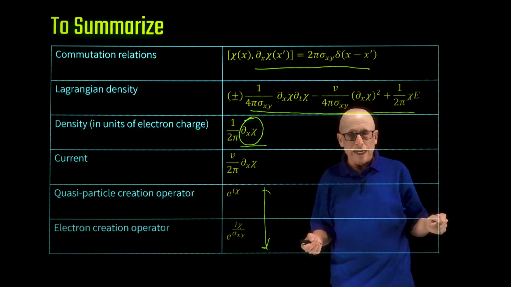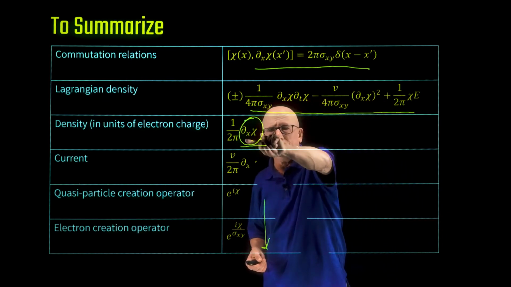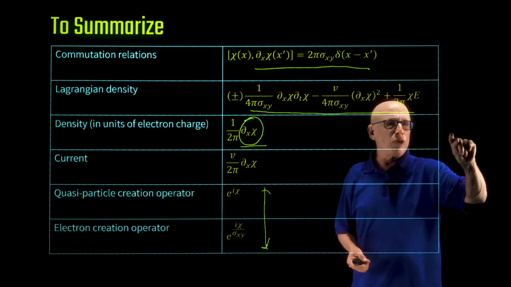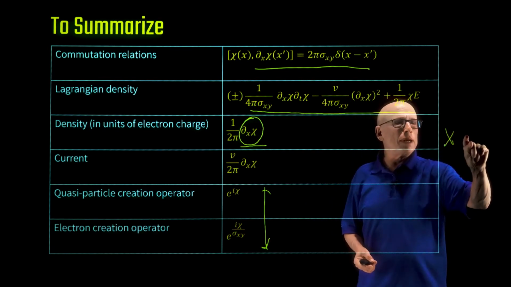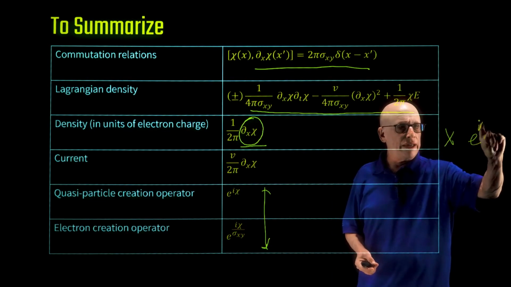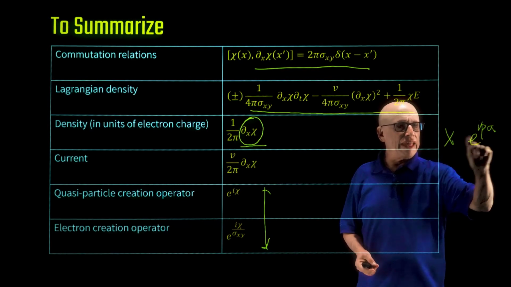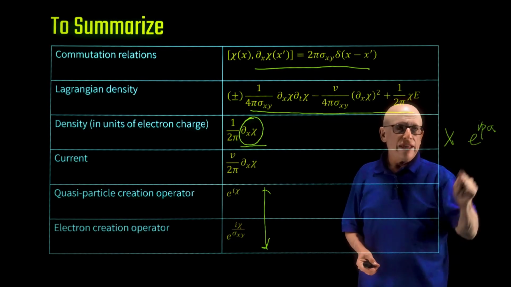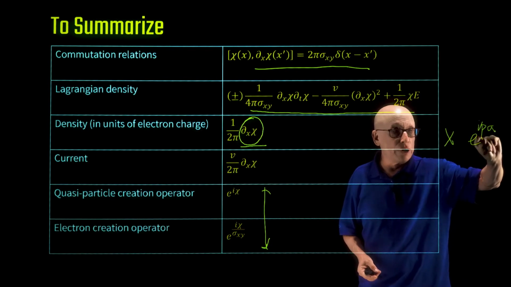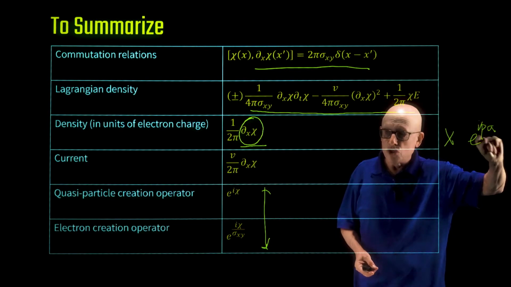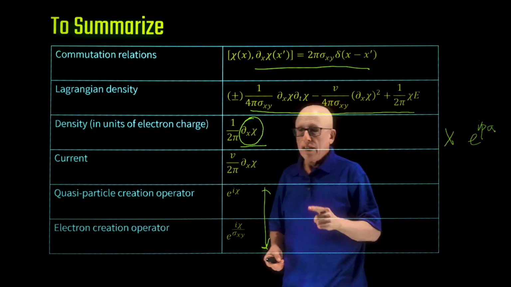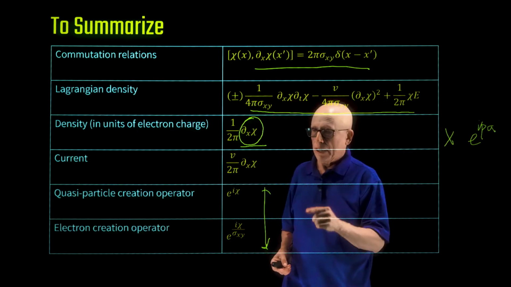And you know, in quantum mechanics, if you want to change the value of x, you apply an operator e to the i p a, and then x moves by